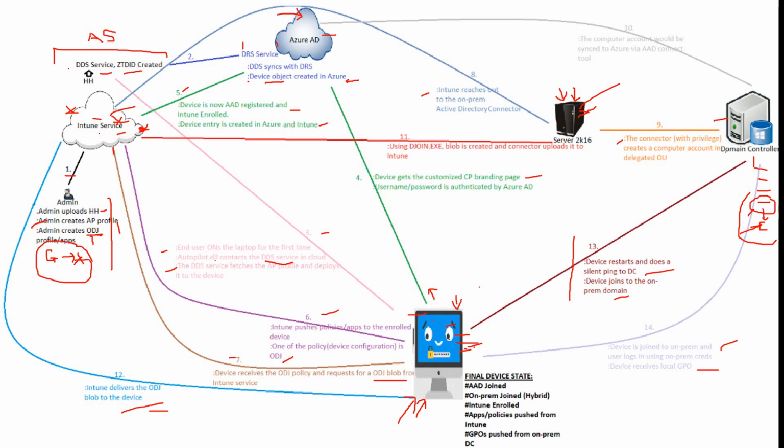Okay, just one more thing. If you guys remember, the request for the ODJ blob from the device went to the Intune service. From the Intune service it went to a 2K16 server. From the 2K16 server, it went to the domain controller. In the domain controller a computer object was created, correct? So this computer object in a specific OU